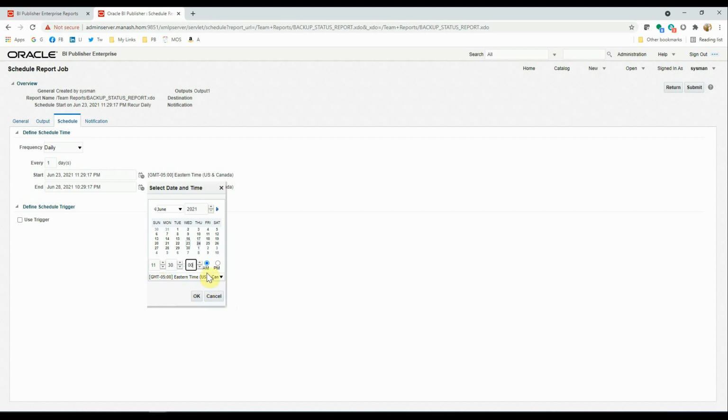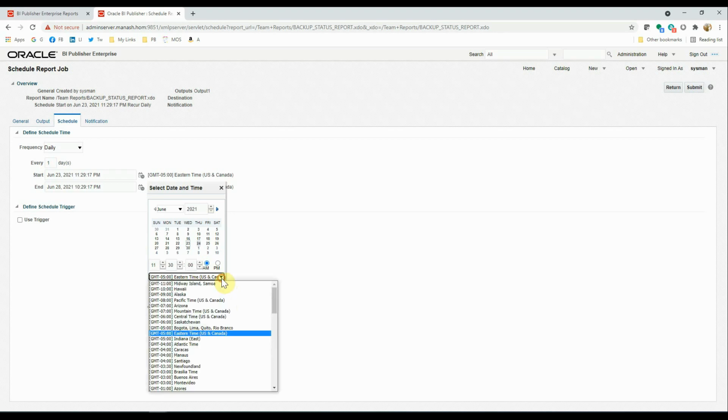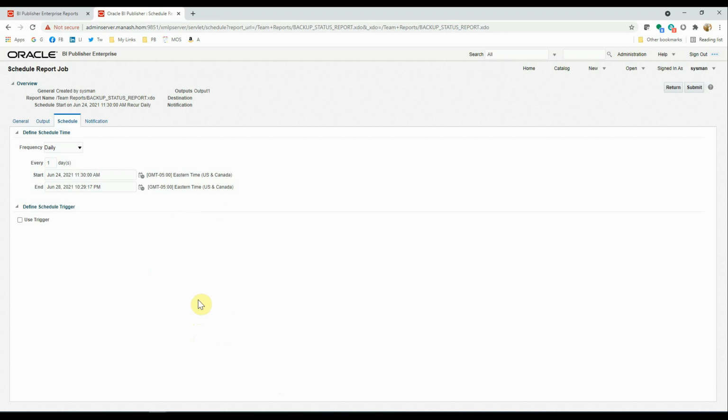And you must also pay attention to the time zone that is selected. So here we have selected the Eastern time. Click OK,